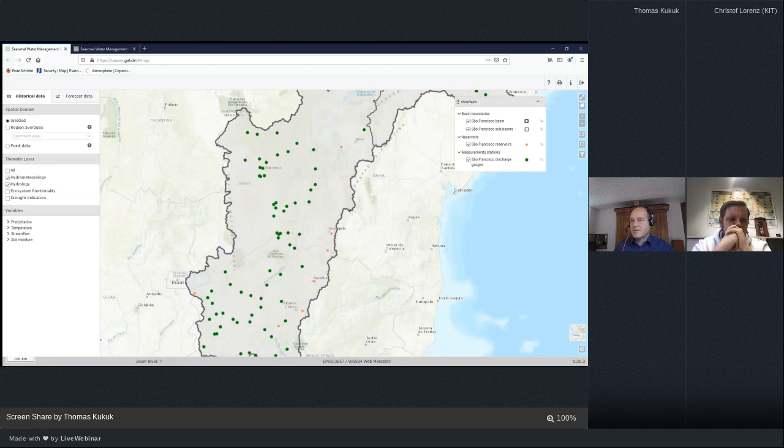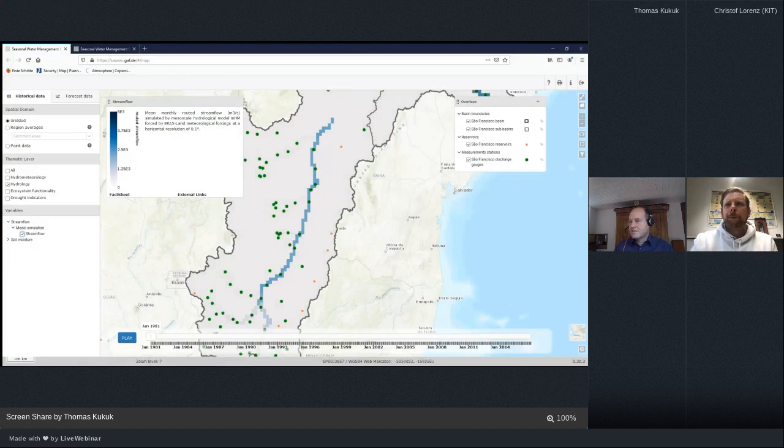Additionally, you have the information from hydrology. This is information from our colleagues at the UFZ in Leipzig. You have the precipitation reanalysis here as well. This is the hydrology, the stream flow. These are model simulations for the stream flow, and what it shows is really the stream flow in the San Francisco River, and